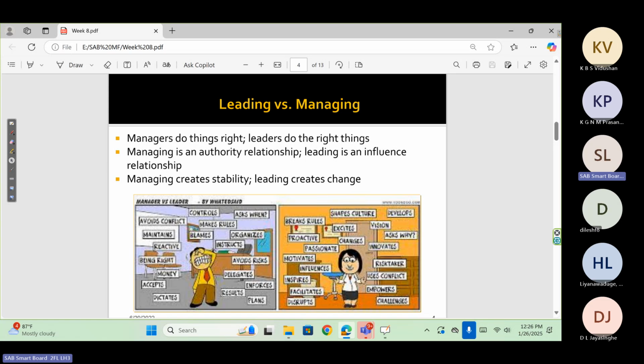Therefore, based on this comparison, what we can say is that all managers should be able to develop such leadership qualities in them to be successful managers. Therefore, we need not differentiate the two. We are comparing. We can say the said leadership characteristics should be developed by managers over time. Then only they can be treated as successful managers who can make a lot of successful changes to match with the environment and to elevate the organization in the market.